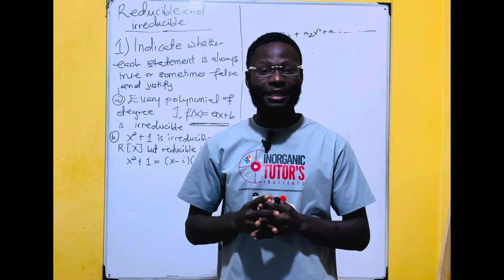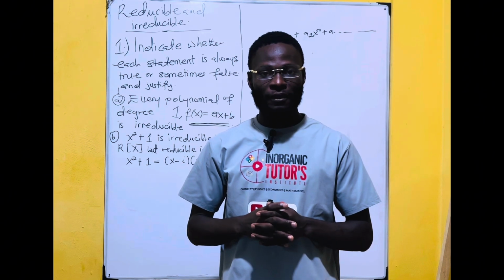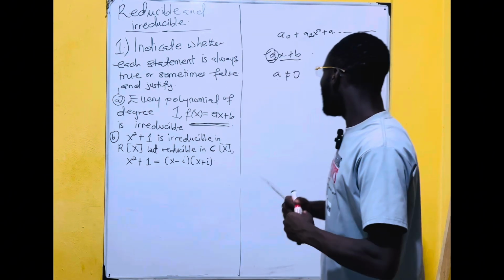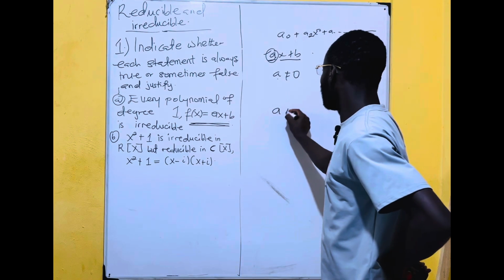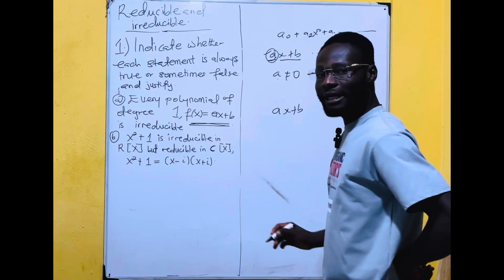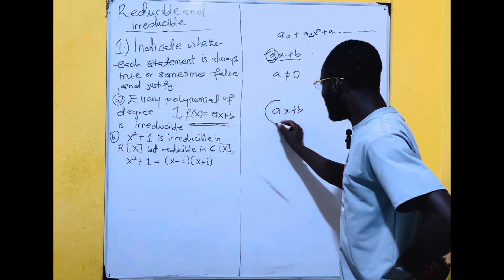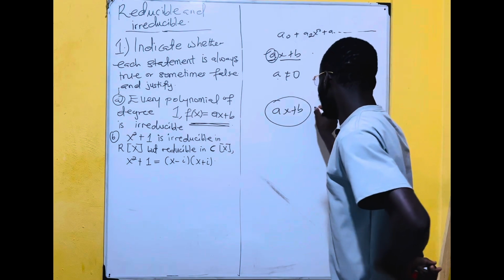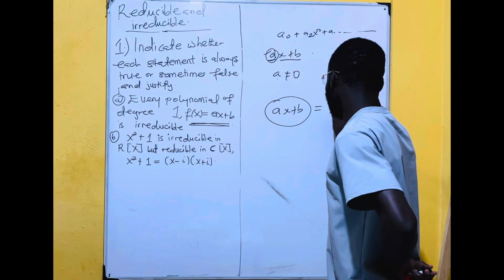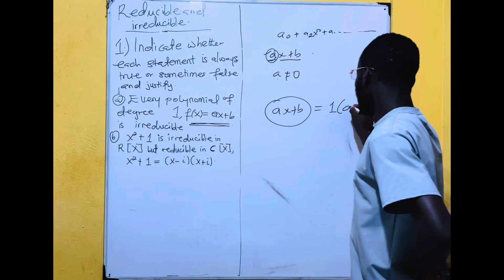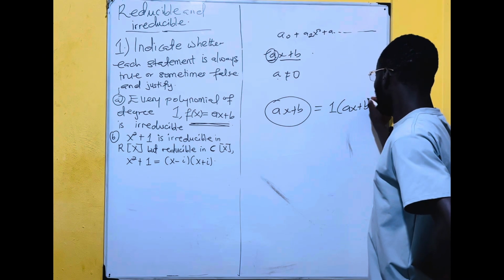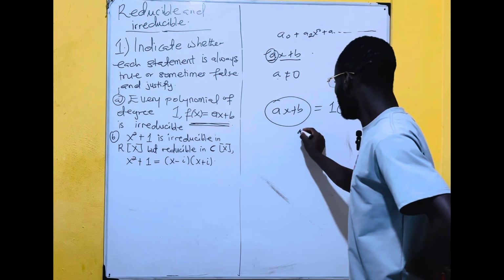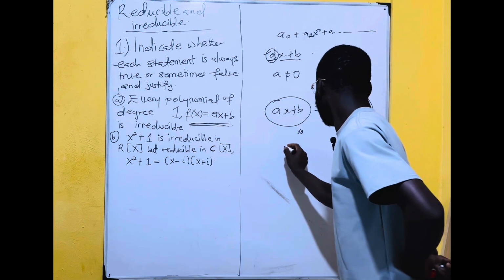The answer is a big no. Why? You have ax plus b. The only way you can write ax plus b is either writing it as 1 times ax plus b, or saying that you have